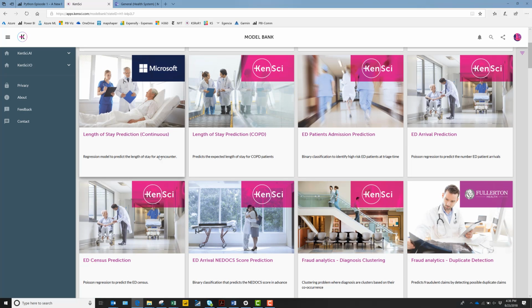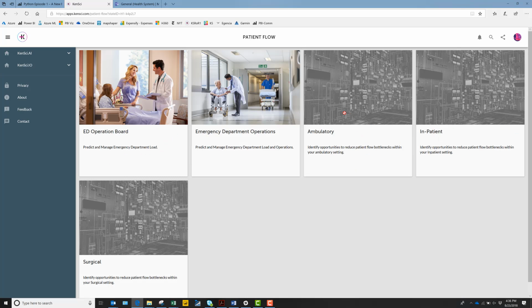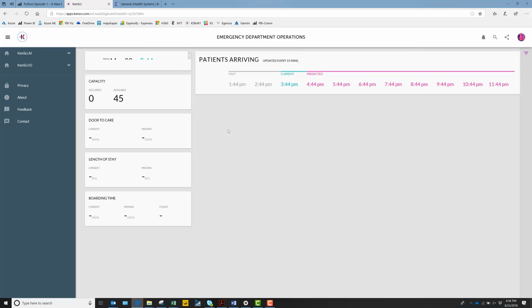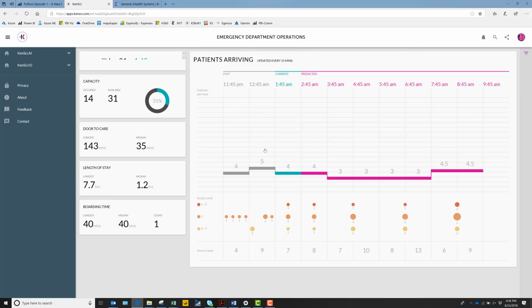Once we've produced that solution, we switch over to KenSci AI, which is where customers can then access the analytics that we put together for them. In this case, we're looking at emergency department operations, and this is a live dashboard used by patients to manage ED flow. However, there are plenty of opportunities where customers have expressed an interest in working more collaboratively